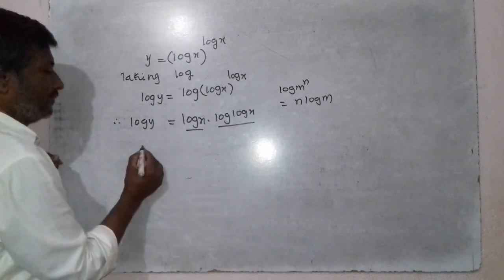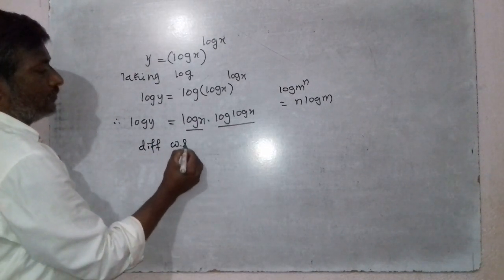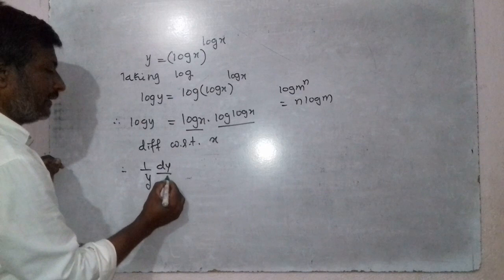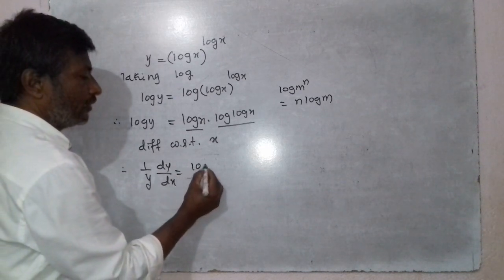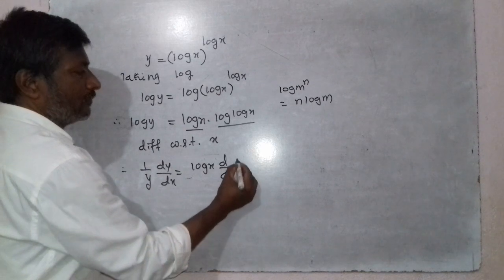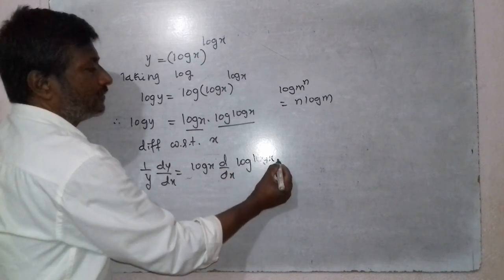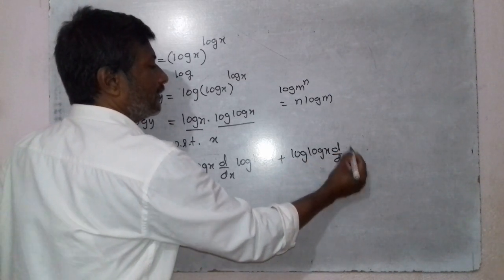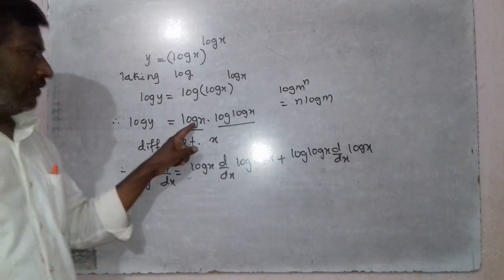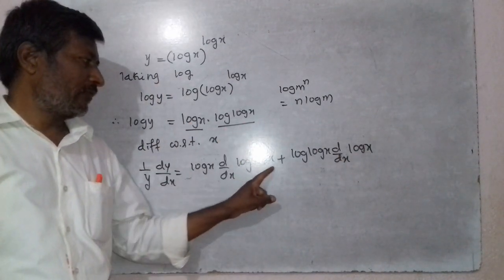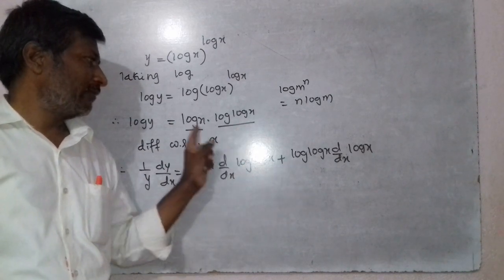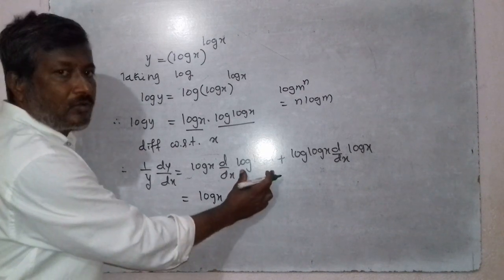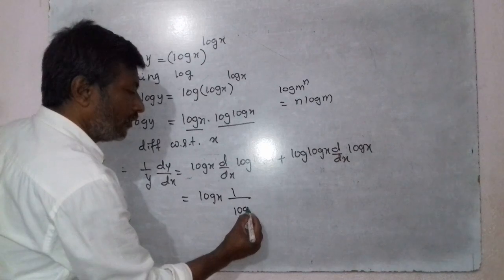So therefore differentiate with respect to x: 1/y dy/dx equals log x times d/dx of log(log x) plus log(log x) times d/dx of log x. Here the derivative of log(log x) is composite, 1 upon log x, again